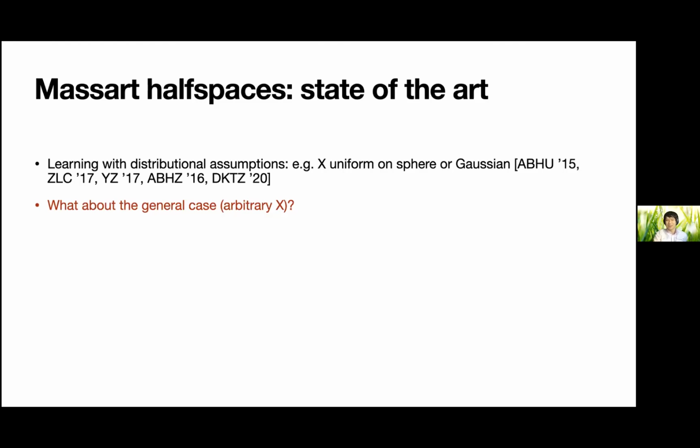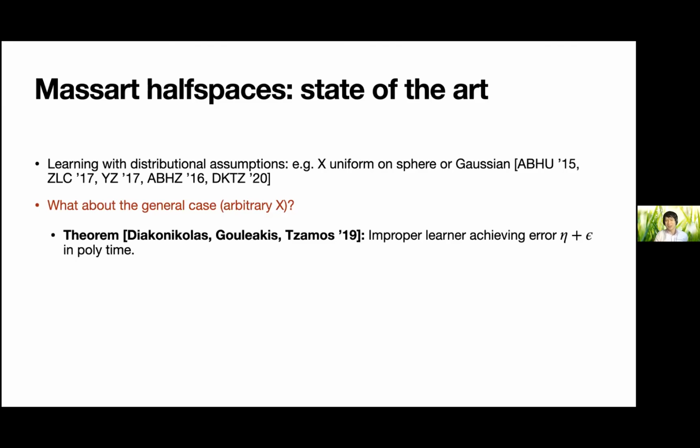And actually, there was not much progress on this problem until this nice recent work of Diakonikolas, Gouleakis, and Tzamos. What they showed is that in this model, with polynomial sample complexity and polynomial runtime, they can come up with a hypothesis which achieves error rate eta plus epsilon. The way to interpret this is where it's really helpful to think about it as a misspecified RCN model. In RCN, eta is equal to opt by definition. So w star is correct a 1 minus eta proportion of the time. So in particular, this algorithm in the RCN model does get the optimal error rate.